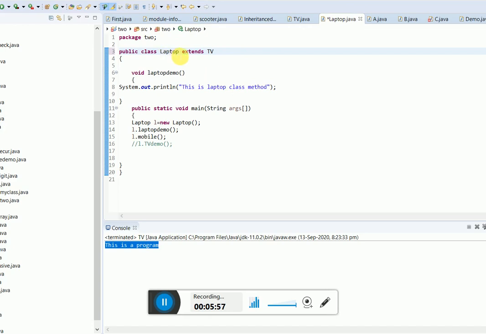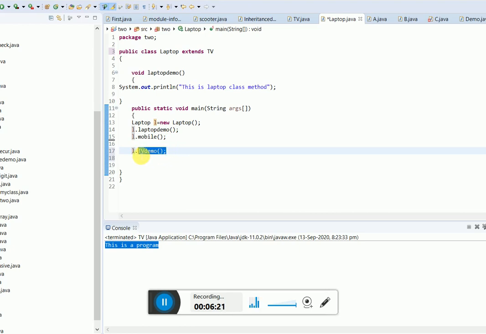Therefore, laptop is indirectly inheriting the InheritanceDemo class also, and therefore when we create the object of the laptop class, through that object we will be able to call the method of the InheritanceDemo class and the method of the TV class.